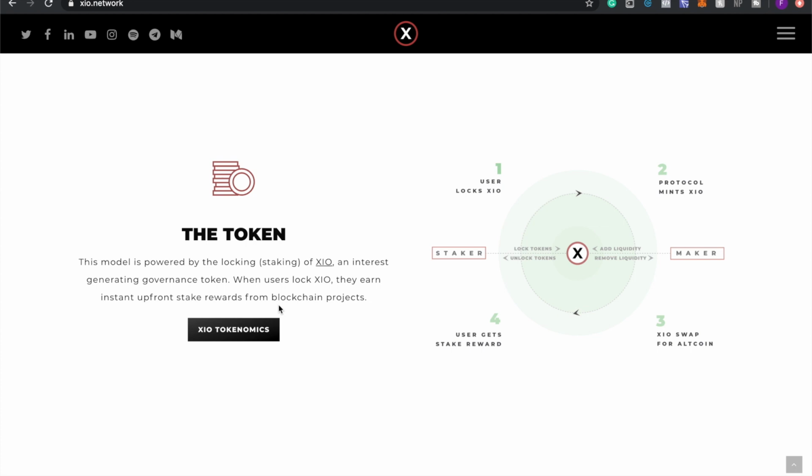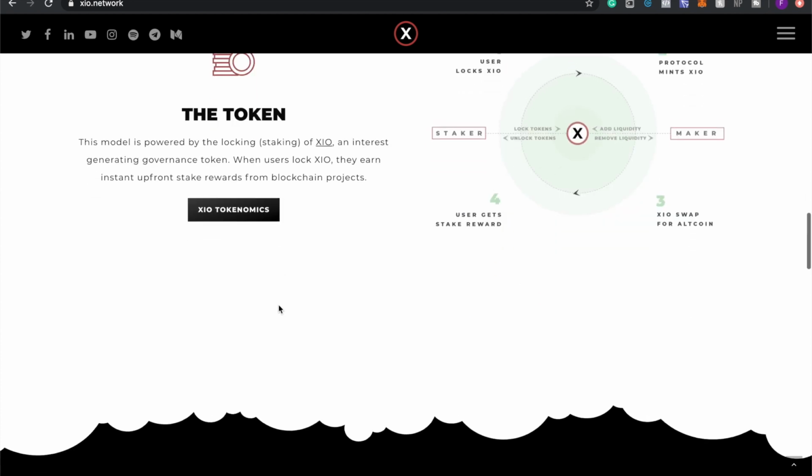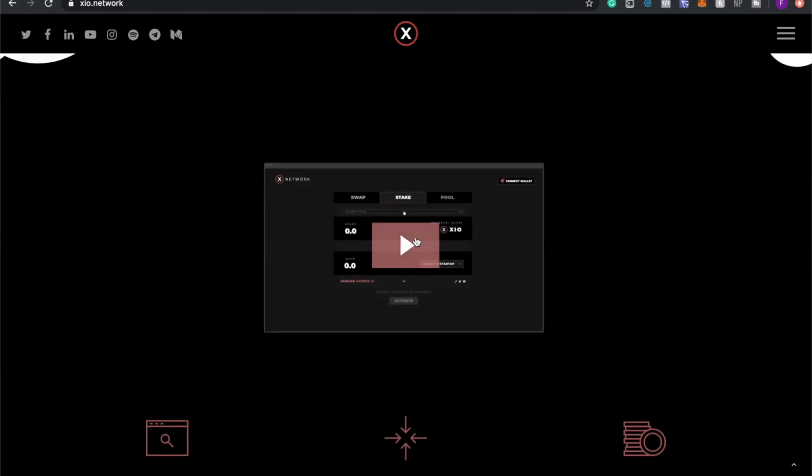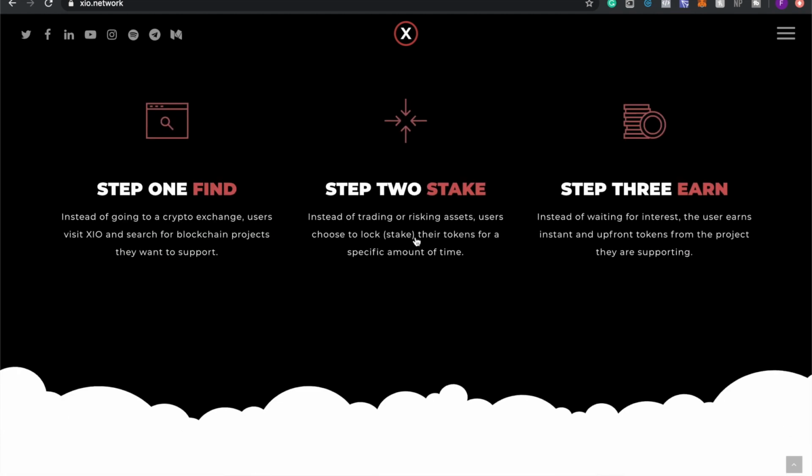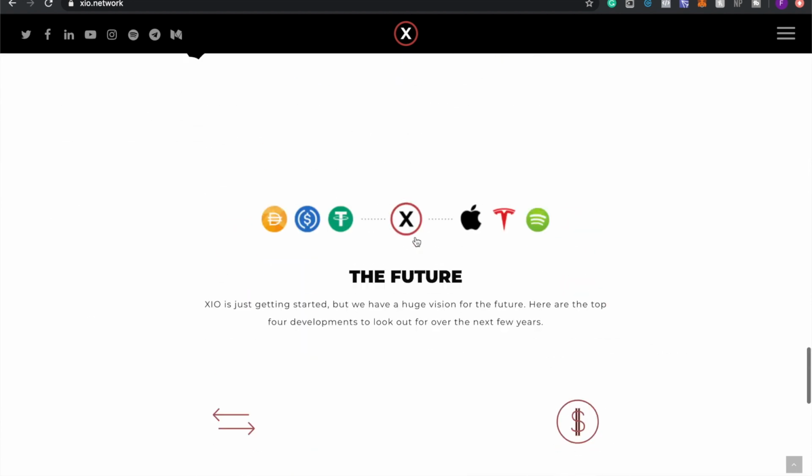Okay, so this is like either HEX, if you guys know what it is, or any other coin. You could just earn interest on staking. So this is just a video of it. If you guys want, I'll leave a link to this website. You guys can watch it, but it looks exactly like Uniswap. So from what I think of it so far, it's exactly like Uniswap.